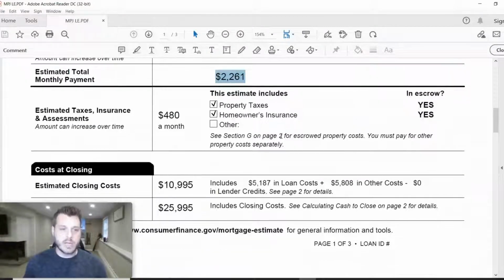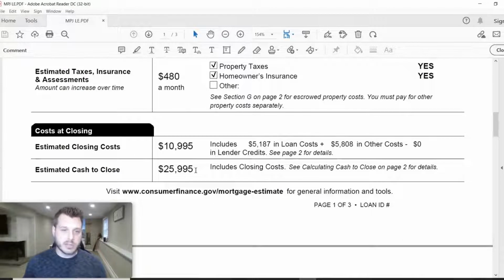As you scroll down here, you will see your estimated cash to close. This number is a calculation of your down payment, the $20,000 in this case, plus your closing costs, which we will get into in the next episode. And then you would minus any deposits that you have made on your contract. So in this case, I'm using an example of a $5,000 earnest money deposit. So with a $20,000 down payment plus your $10,000 in closing costs, that brings you to $30,995 minus your $5,000 deposit. That gets you to